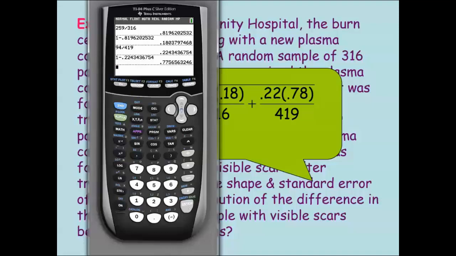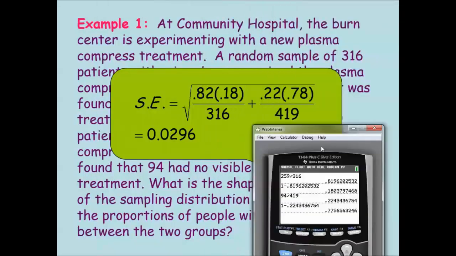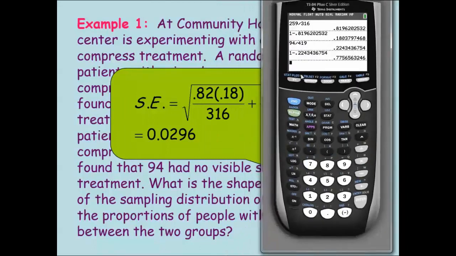Okay, so to type that in the calculator, like they have it in the formula there, I want the square root of the 0.8, let me do open parentheses because I want that whole numerator to be together. So 0.82 times the 0.18, and then I'm going to close out that parentheses of the first fraction divided by the sample size of 316,